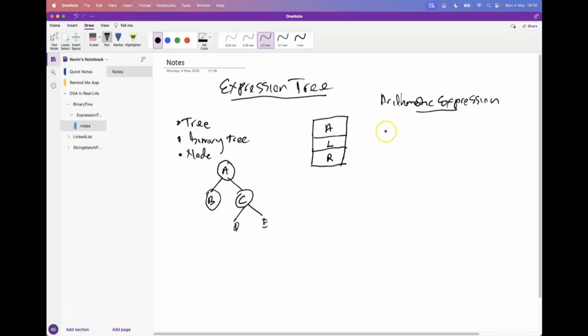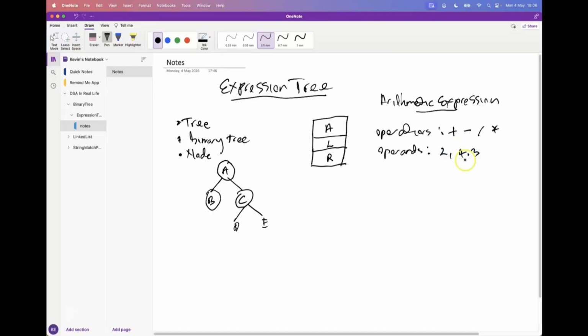So an example of operators in this case, from our basic math knowledge, we know of plus, minus, division, and multiplication. Okay, an example of operands can be numbers like 2,